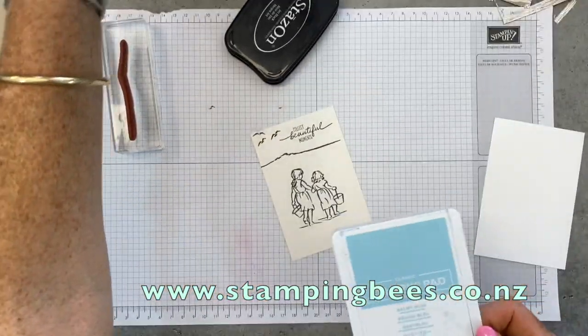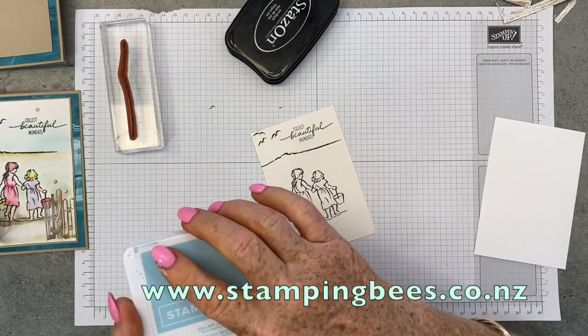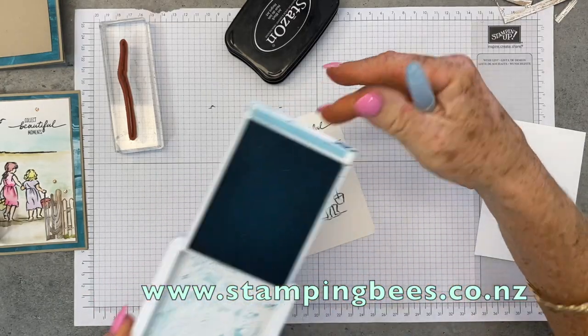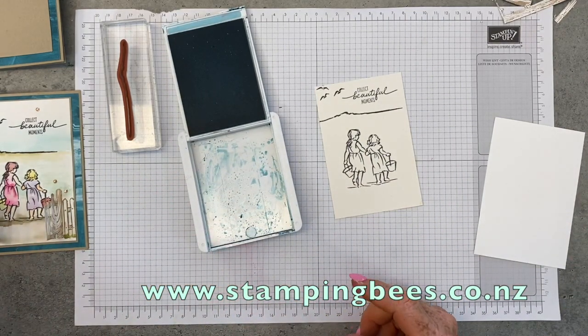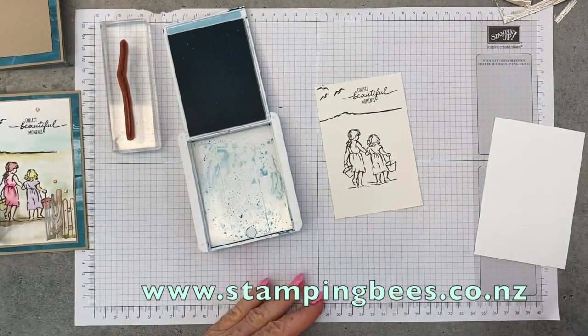Now that is using balmy blue. Just making sure I get round the right way. Balmy blue. Oops, no water in that. That isn't very good. Use that with a bit of...